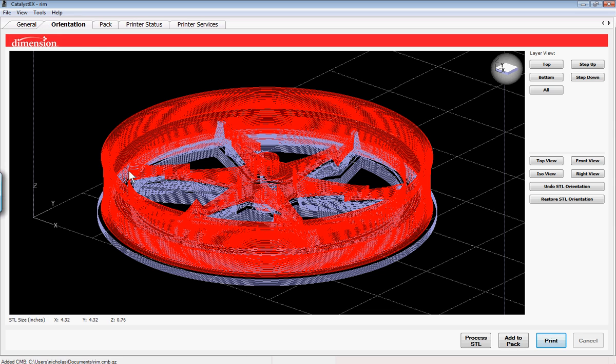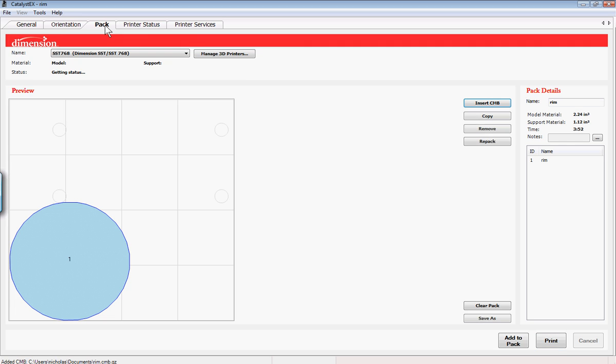Once you're satisfied with what it looks like, you will go up to the Pack tab on the top left. This tab will show you the size of your part in relevance to the tray size, as well as it will give you the option to copy that object or insert another one or remove it. It'll also tell you the amount of material, the amount of support material, and the time it will take to print it out. When you're satisfied with that, you can press print, and this will send the STL to the